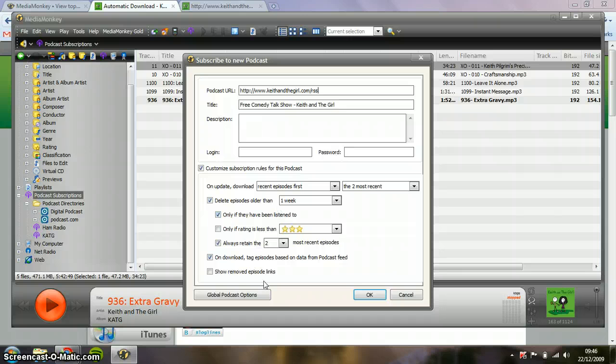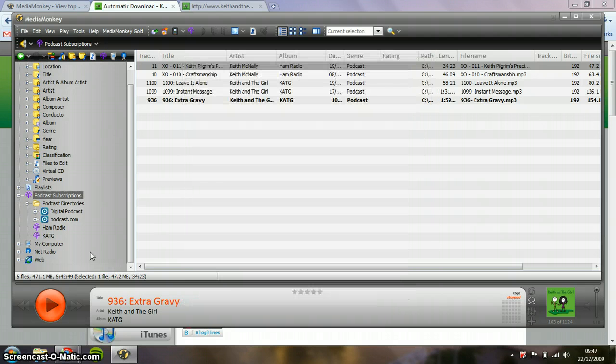You can customize the subscription things, so delete old episodes only if they've been listened to, how many episodes to keep, to ignore this rule, how many episodes, which order to collect them in, recent episodes, old episodes, all episodes, no episodes. Remove the links when you delete listened to episodes, or keep the links there. You can of course untick this and then it will use your global podcast options, which you can set up in the tools options menu, and then you just click OK, and it will load you up a nice feed